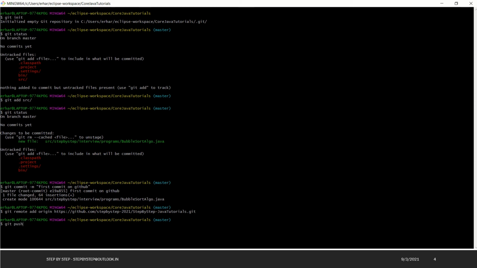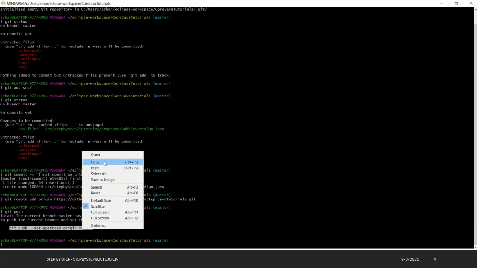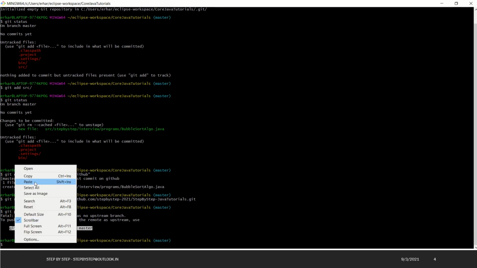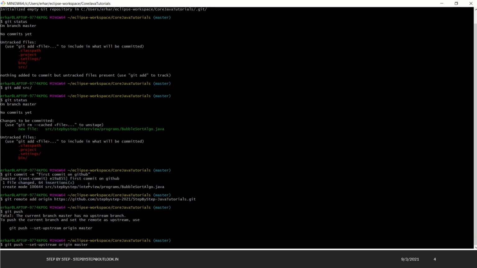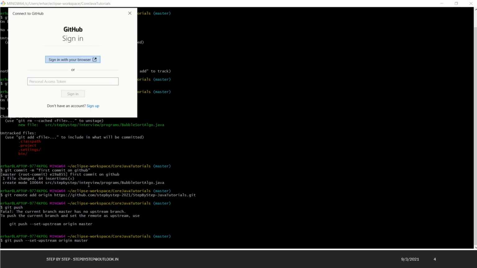It will ask for username and password, which we will enter. We need to do it like this because we have not set up our upstream head as of now. It is also giving the options: set push, set upstream, origin, master. Then it should ask for username and password.